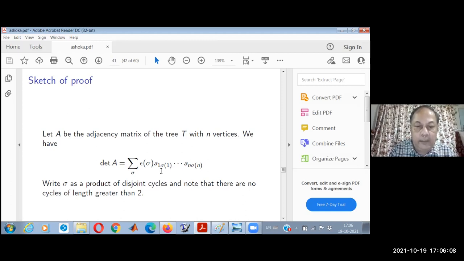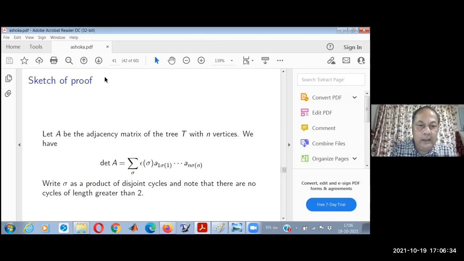And once there is a perfect matching, it is unique. So there is no cancellation. So both parts are proved like that. There are no cancellations, so the determinant is non-zero. Conversely, if the determinant is non-zero, then again, look at all the terms. The non-zero terms can only come from a perfect matching, and the perfect matching is unique. So the tree has a perfect matching. The proof is quite simple both ways.